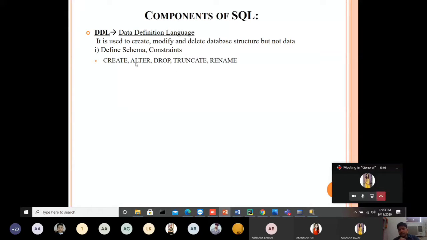Alter statement is used for altering the modification of the database structure. Not in data, but database structure. If you want to alter the structure of the database, you have to use the alter statement. What is the purpose of alter? Like whenever we have only 3 columns in a table, right, and you want to add one more column, that means you are just altering your database structure, right, table structure. So we have to use the alter statement. Or either you have to drop some column, right, from the database, so you have to use the altering. Altering is used for altering any database structure.